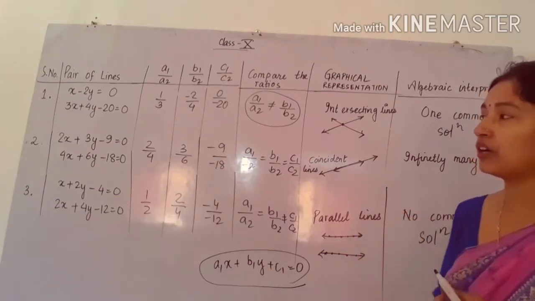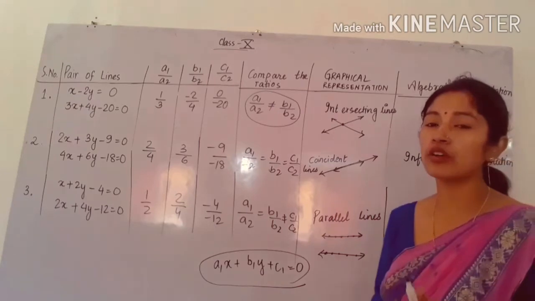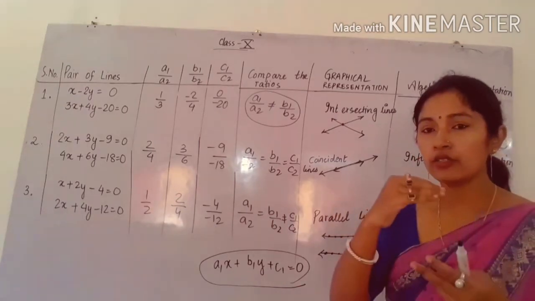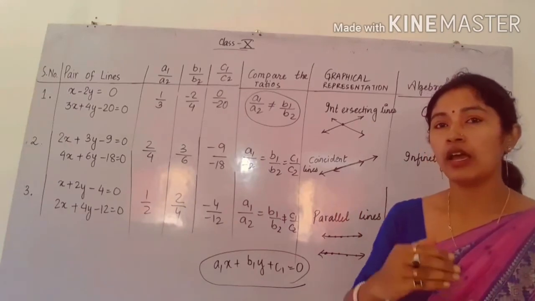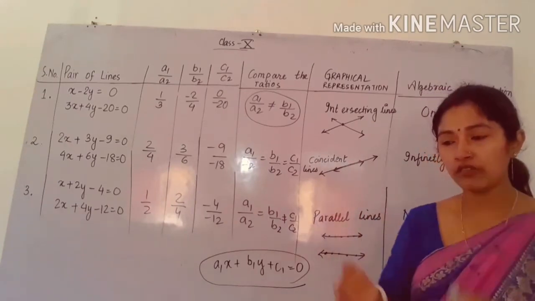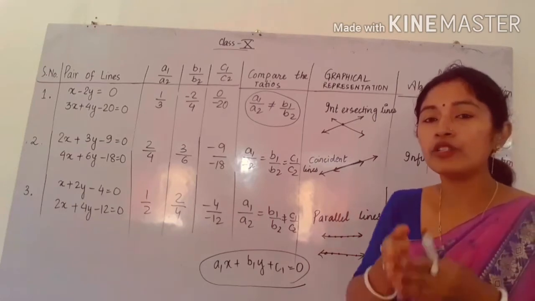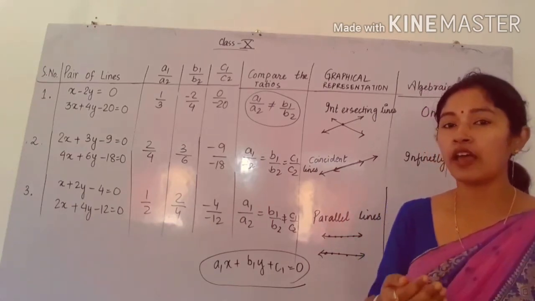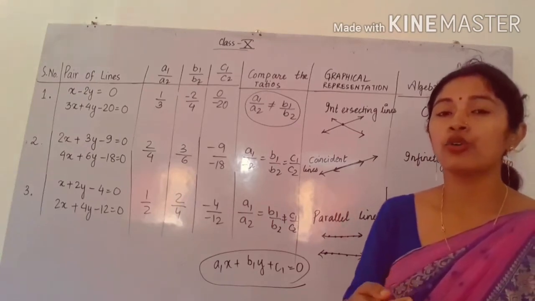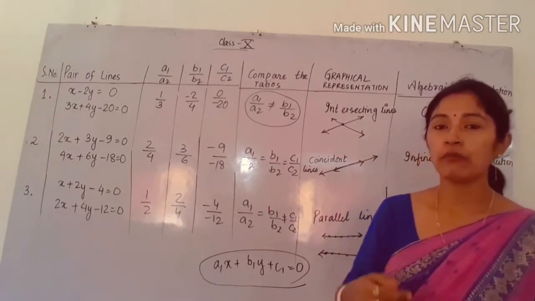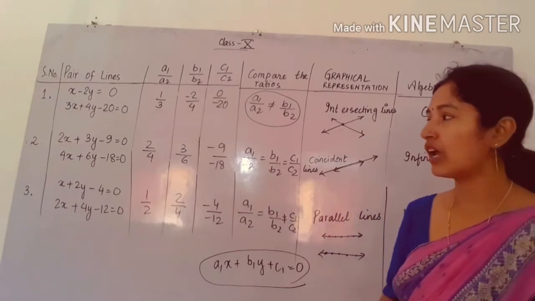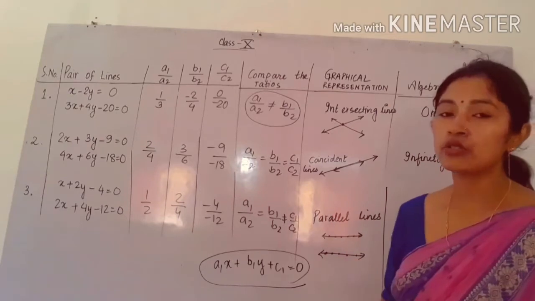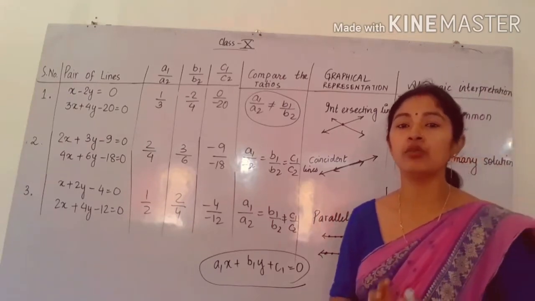Now the next part will be how to find the solution of the two equations. Already we know how to find the solution of one linear equation and the solution of another linear equation, but whenever you have to find the common solution, you have to apply methods. Already I discussed that there are a total of 4 methods. One by one I will discuss each method. So today I am going to discuss the first method of finding the solution of a pair of linear equations in two variables.